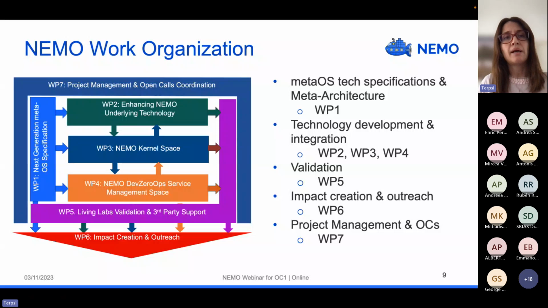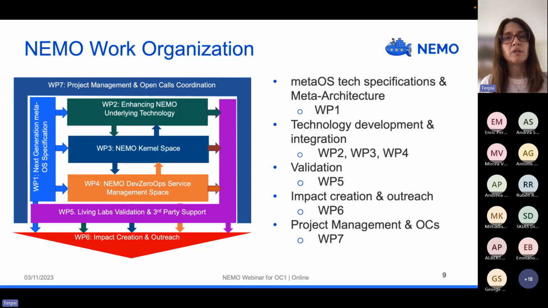The work is organized in order to achieve this visionary development in 7 work packages. The first one deals with the technical specification of the MetaOS and the meta architecture. We have already released 2 deliverables where you can find the specifications for the NEMO MetaOS requirements and also another one for the meta architecture.